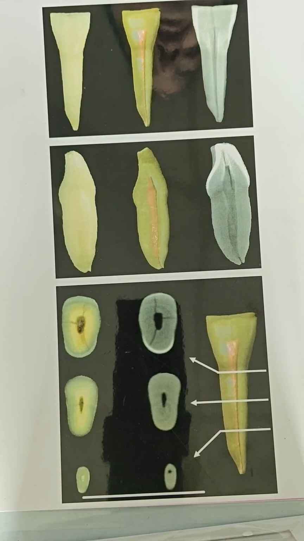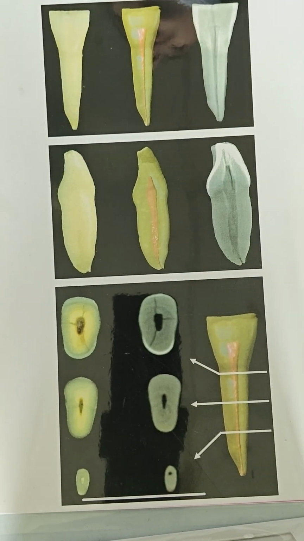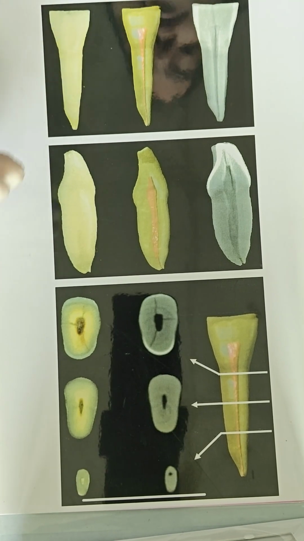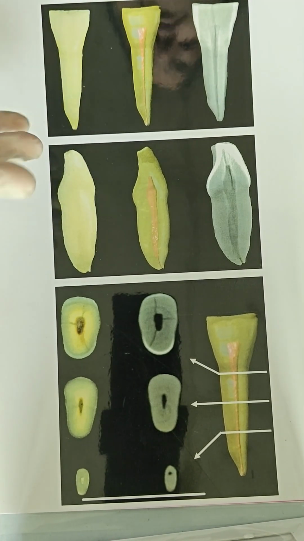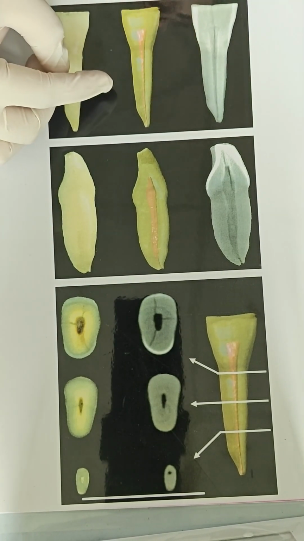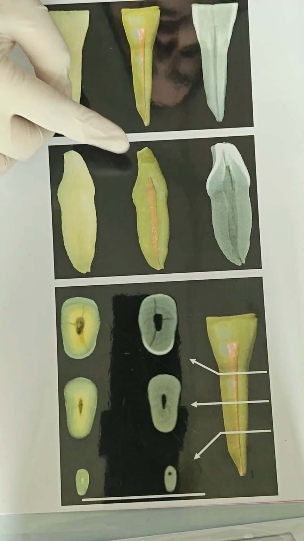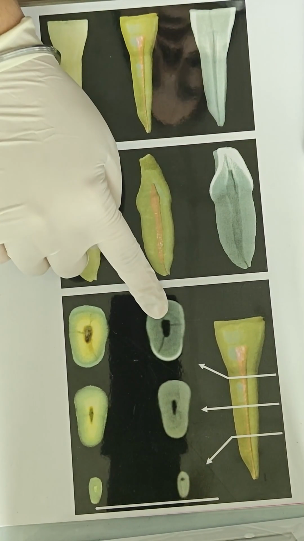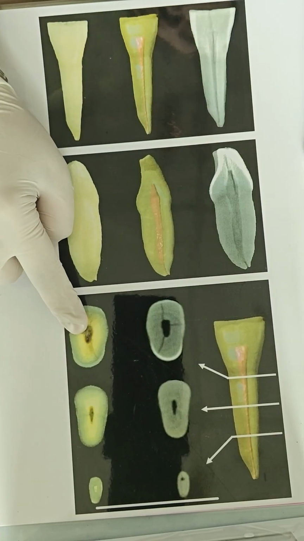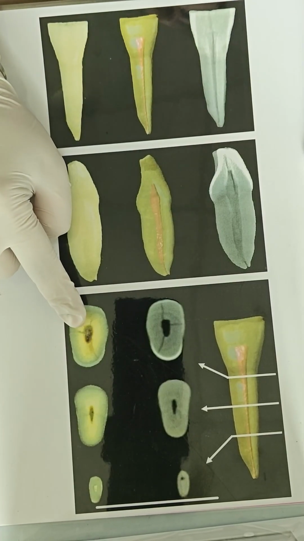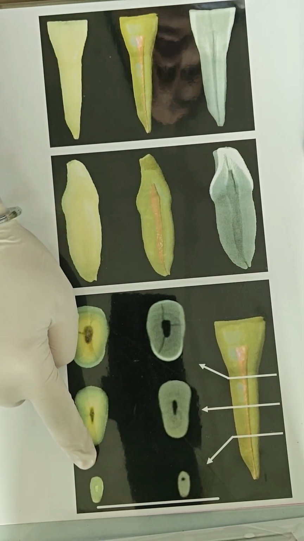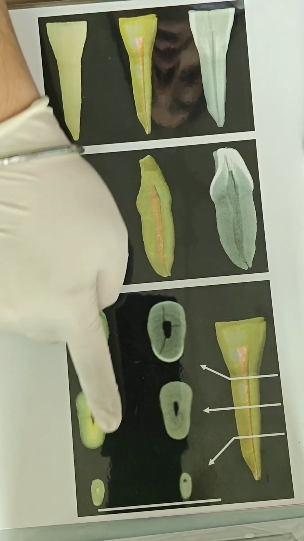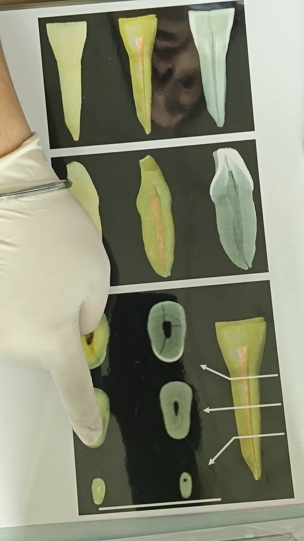Then there is another thing that we should know. We should know about the variations of the mandibular central incisor. Basically, mostly we see one root in all the mandibular central incisors, and we will see one single canal. As you can see, this is the cross section. If you see the cross section of the root canal, it is more roundish, and then it becomes oval in nature, because as we go towards the apex, the tooth becomes narrower.